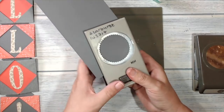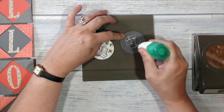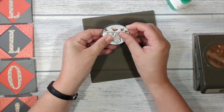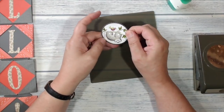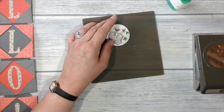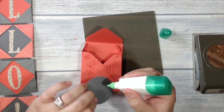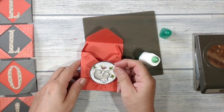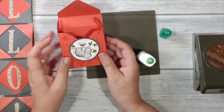Okay, I'm punching out a circle of my basic grey. So now I'm going to stick this little creature onto my circle of basic grey, my starburst I should say of basic grey. Okay, and he can sit on there just like that. And now if I bring in the box that I made earlier, let's have him just sitting onto the front there so that he just covers up